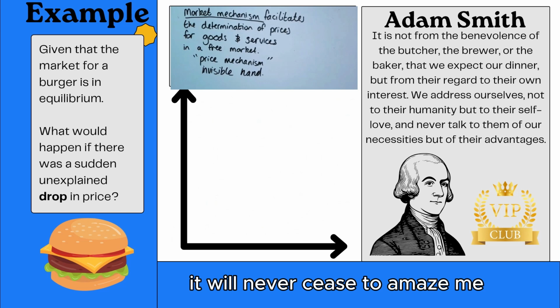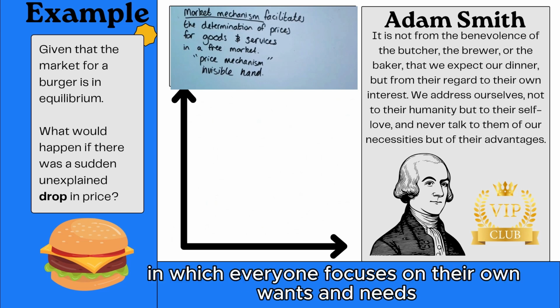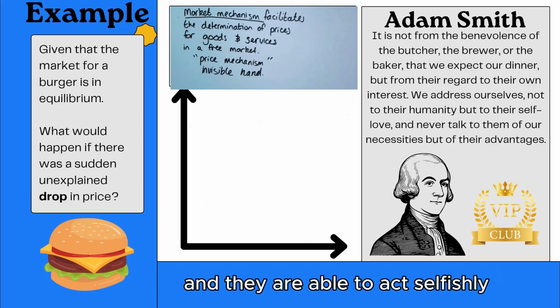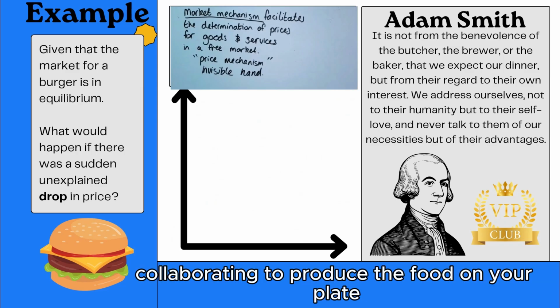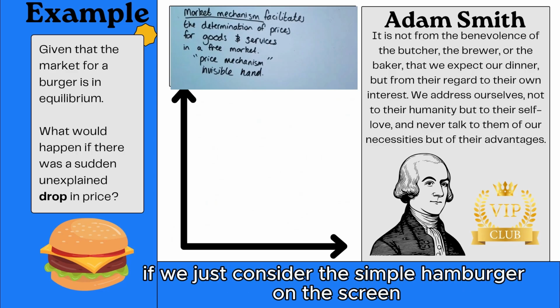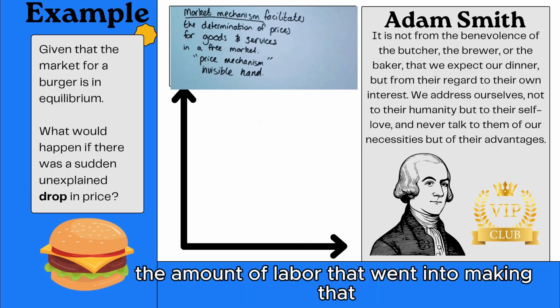It will never cease to amaze me that we have a system in which everyone focuses on their own wants and needs. They are free to make choices, and they are able to act selfishly. Yet the result is millions of people collaborating to produce the food on your plate and the clothes on your back. If we just consider the simple hamburger on the screen, the amount of labour that went into making that